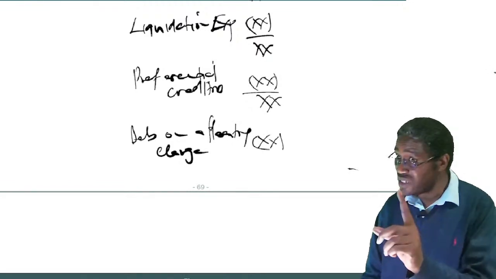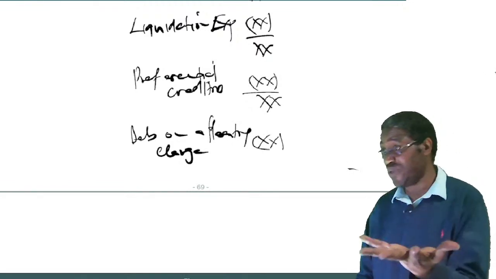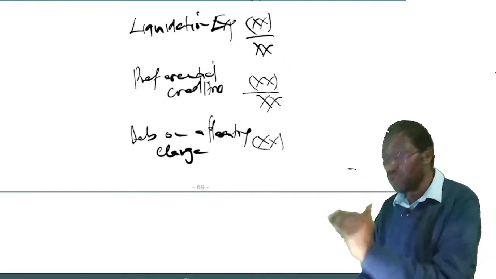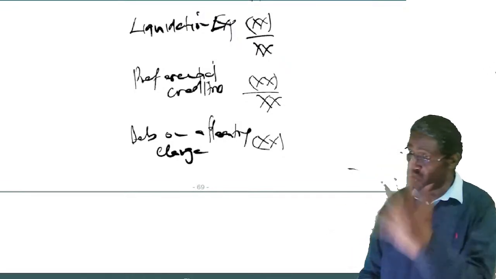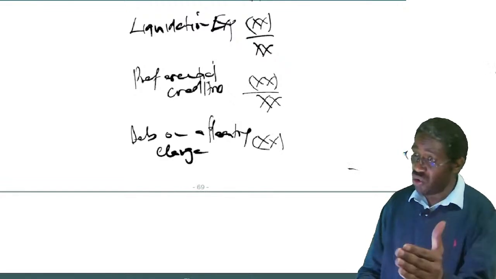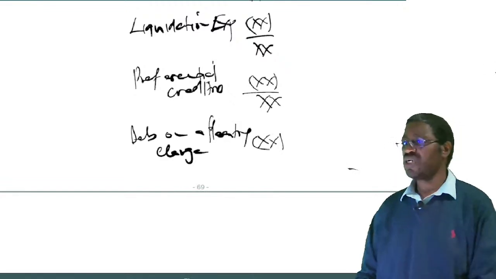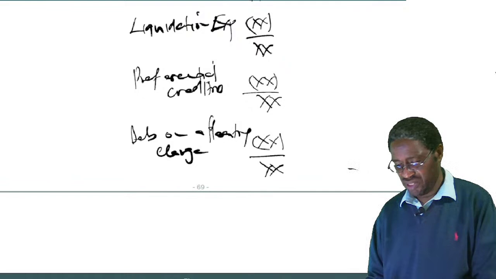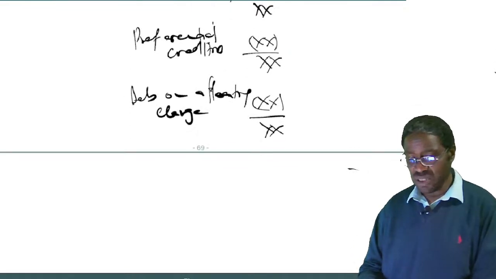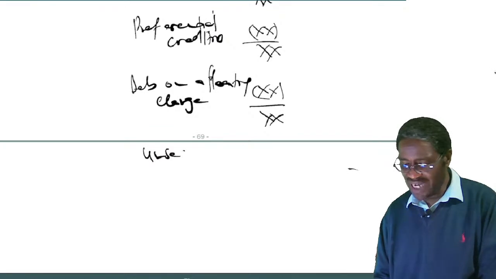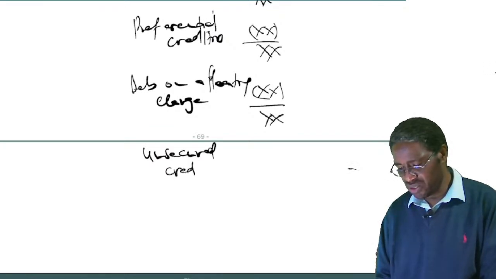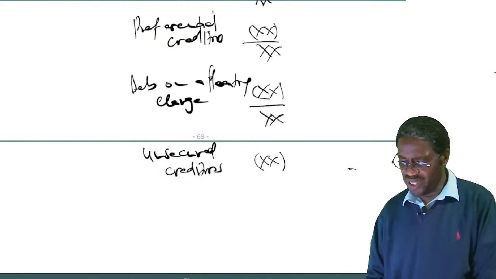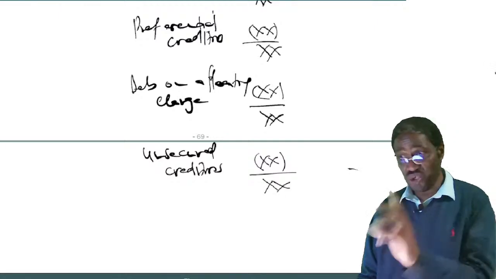Or any other liability, not only debentures. Most questions have it as debentures, but it can be any other liability that is secured on a floating charge. Could be bank overdraft, it could be your loan, it could be your debentures that were secured on a floating charge. You minus. Assuming you paid and money is still remaining, you now come and pay what we call unsecured creditors. Now, once you pay the unsecured creditors and money is still remaining, what do you pay next?